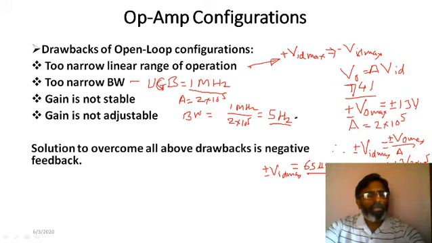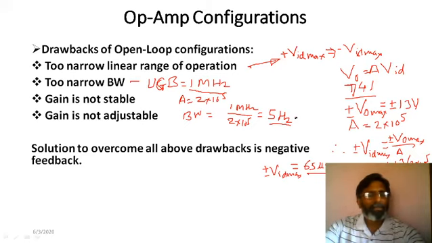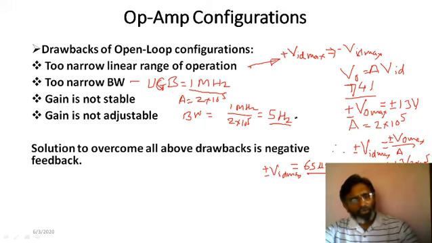Then another problem is that when we use this op-amp in a circuit for a long time, it gets heated. Again, it is a semiconductor device, so it is susceptible to temperature. Its internal conditions change and its gain changes. So the gain doesn't remain stable, whereas in most circuits we require stable gain. Another important point is that in most circuits we require adjustable gain. This gain cannot be adjusted in open loop configuration because it is fixed to 10 to the power 5. For any device it may not be exactly 2 into 10 to the power 5, it will be near that, but whatever it is, it will be fixed. We can't adjust it. So we can't have adjustable and stable gain. All these are the drawbacks.